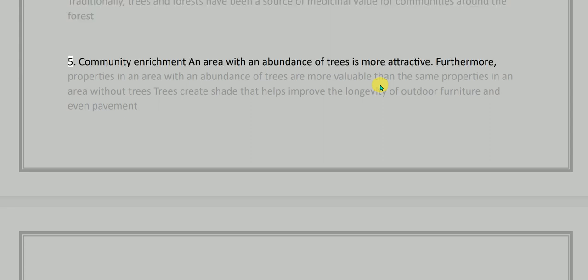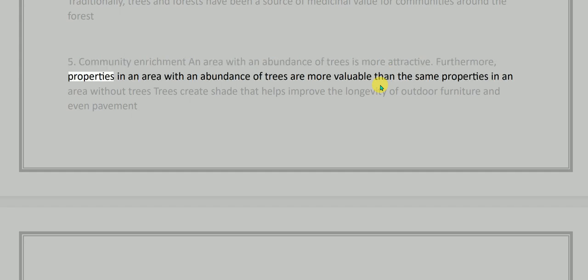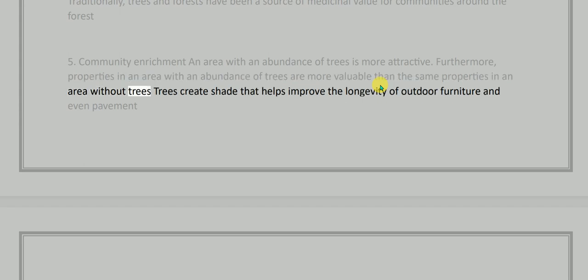5. Community enrichment. An area with an abundance of trees is more attractive. Furthermore, properties in an area with an abundance of trees are more valuable than the same properties in an area without trees. Trees create shade that helps improve the longevity of outdoor furniture and even pavement. 6. Noise reduction. Noise is a big trigger of